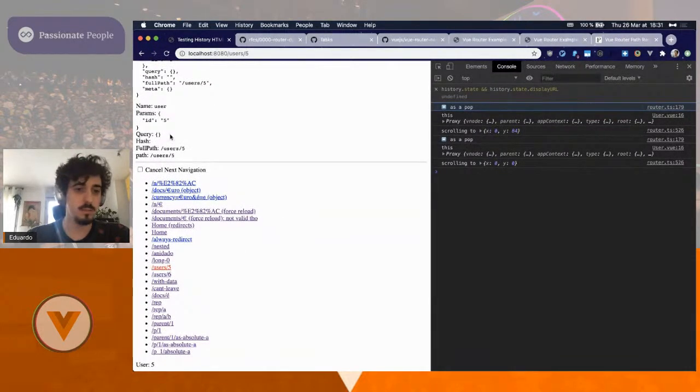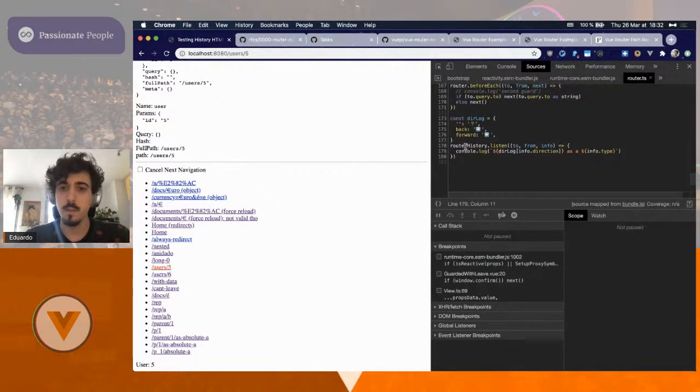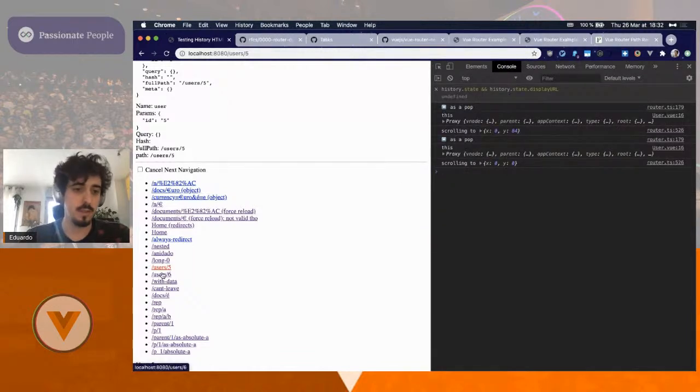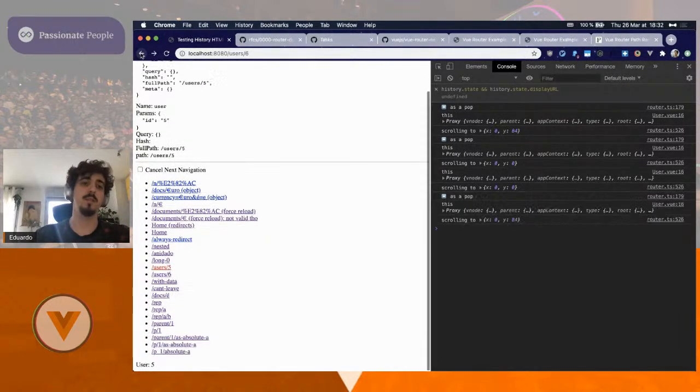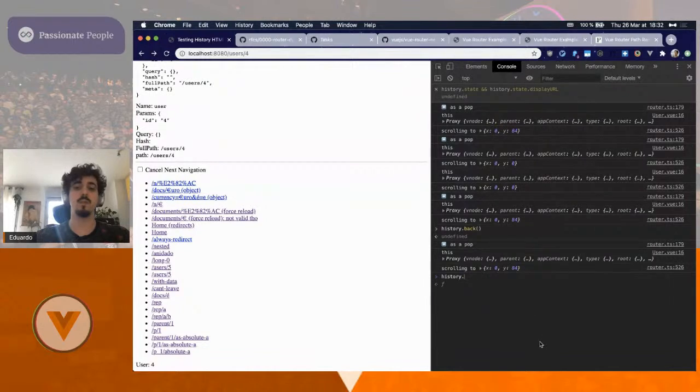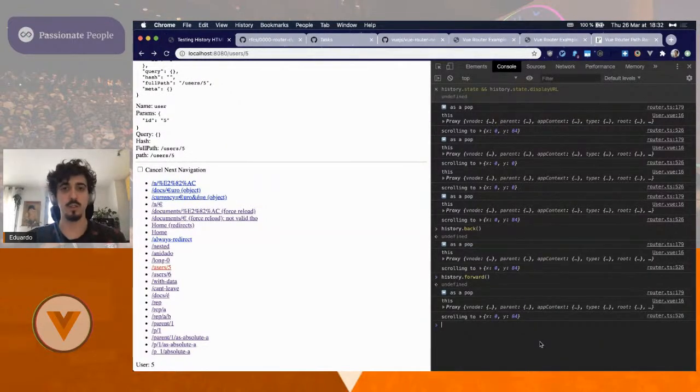So for example, I can go here and show you that I have the router history here. I can listen and I get some information. So if I do, for example, a navigation like this, I don't see it because I'm navigating through the router, but the idea is that I could expose on the guards a type that is just a push. It can also be a replace. And then the pop will be only if we navigate through these buttons, or if your code does a history back as well, or history forward, which also triggers those functions.